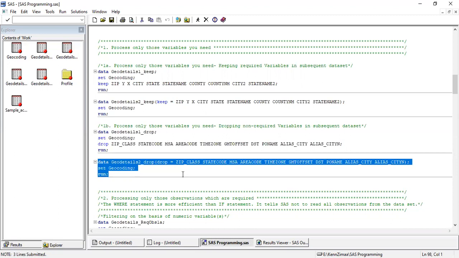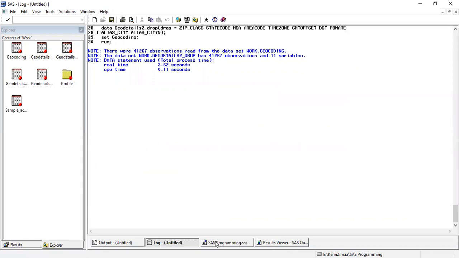So prefer this when you're working on big data sets. It will run a bit faster, and overall, when you'll have to sometimes run the same data steps again and again by doing some hithering and dithering, then this will actually save your time in the long run. So this has run again.